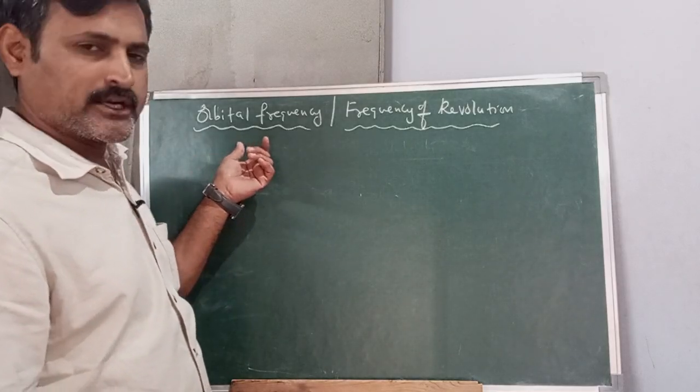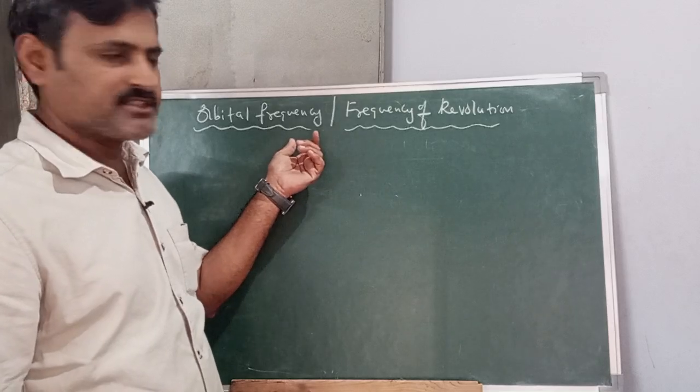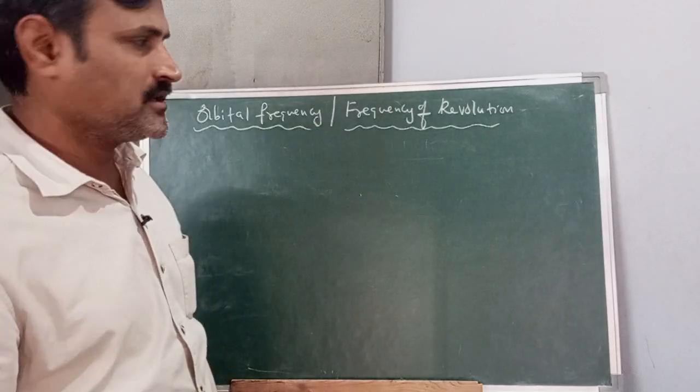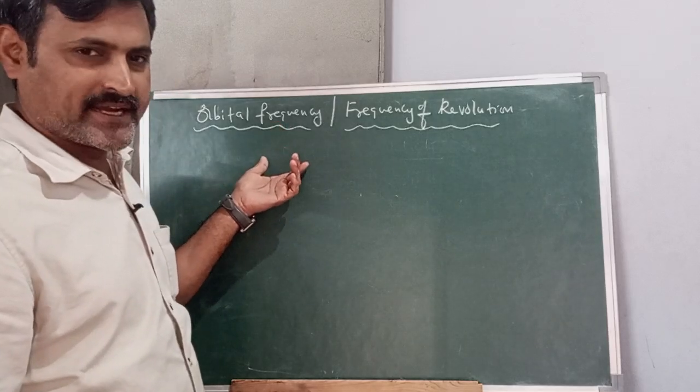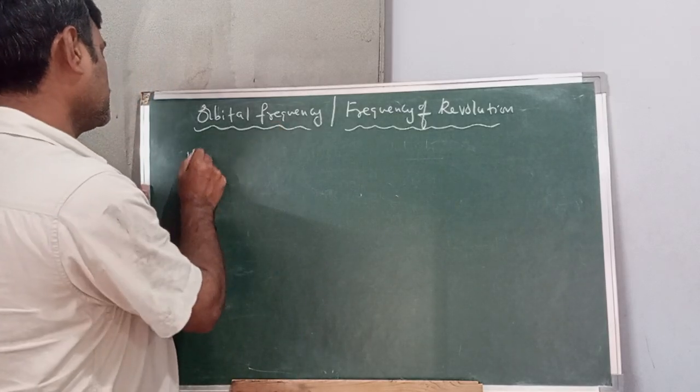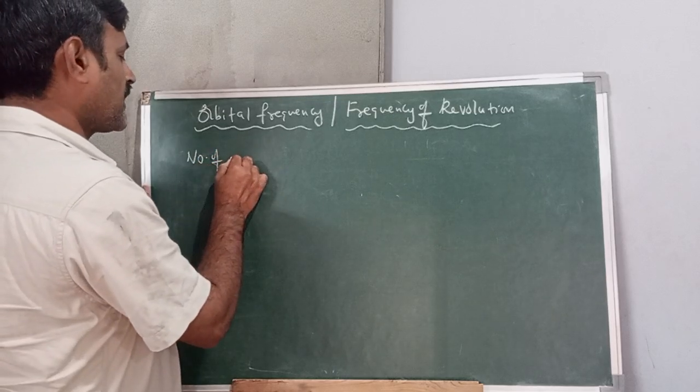In this video I would like to explain the orbital frequency, or frequency of revolution. It is nothing but the number of revolutions made by an electron per second in a shell. Simply, if the question asks for the number of